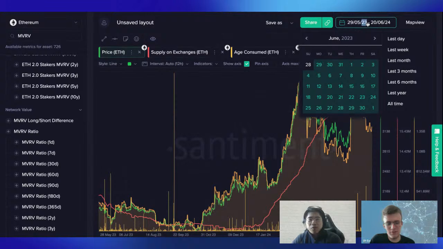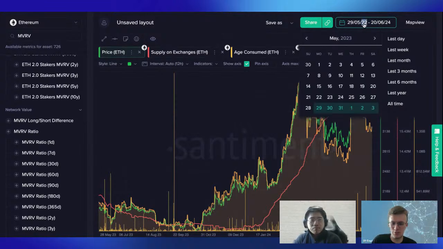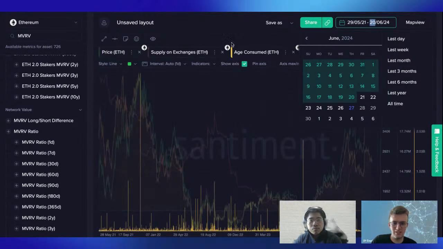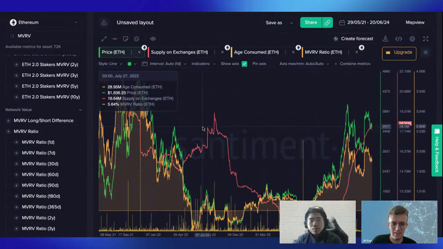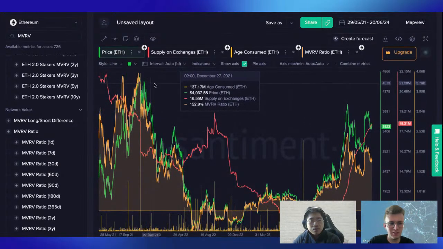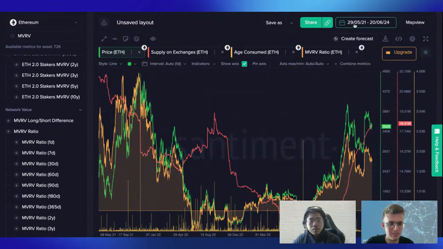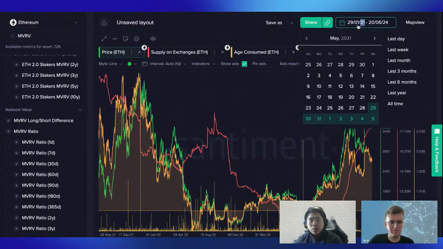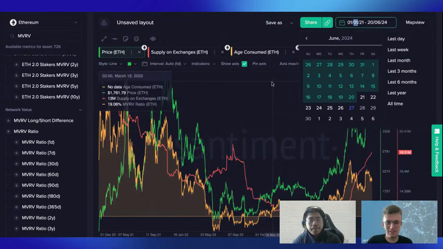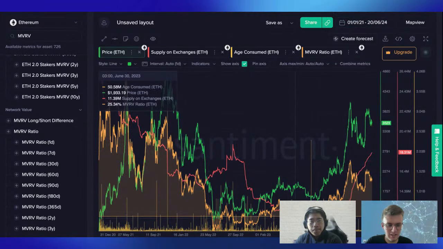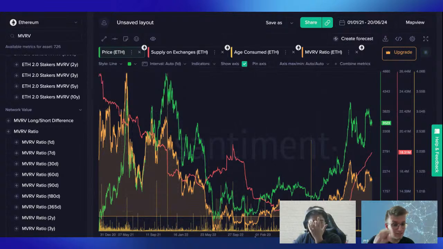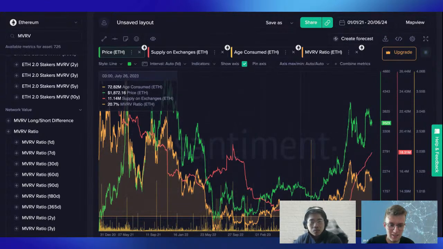We can take a look at a larger scale. What is the situation here? As you can see, it's not an all-time high, but it's one of the peaks. It's a 52-week high for the supply on exchanges. Let's check once more. I think it's even more, a bit more, like a 1.5 year high. And it still grows. There is no sign of it stopping.